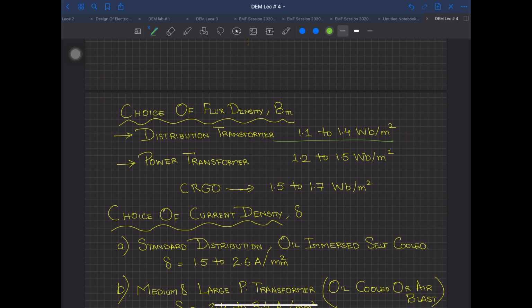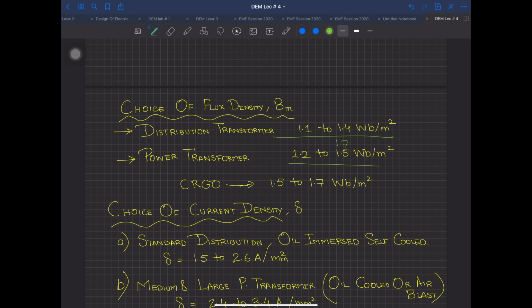If you have a power transformer, you can go on the higher side, because for that transformer your core losses are not important. There, your copper losses are important. So you can go on from up till now. These values I have taken from the book. This book is a little outdated, so maybe 1.7 here can also go, because this book was first published in 1989. Since then there has been a revolution in the materials.